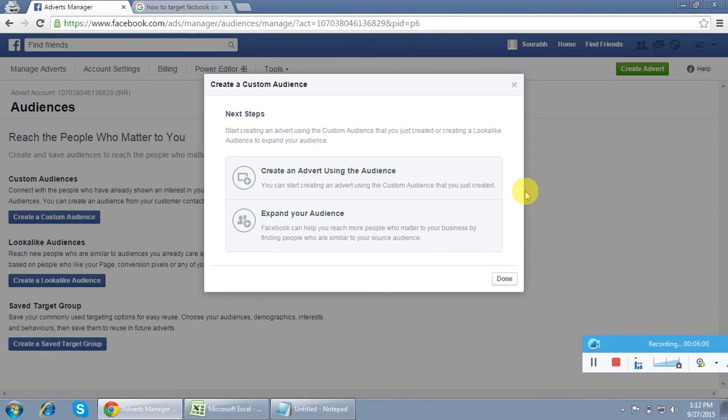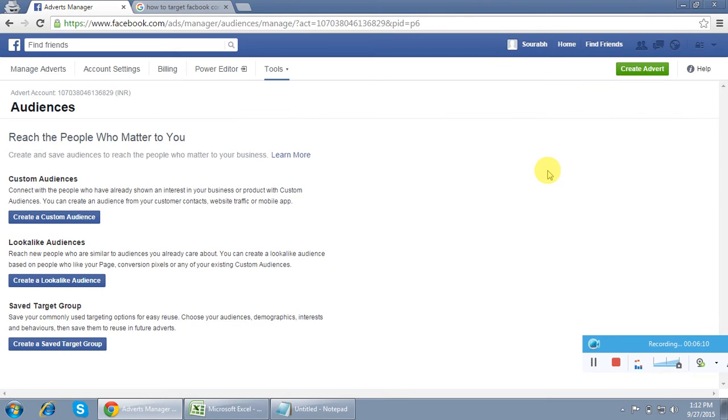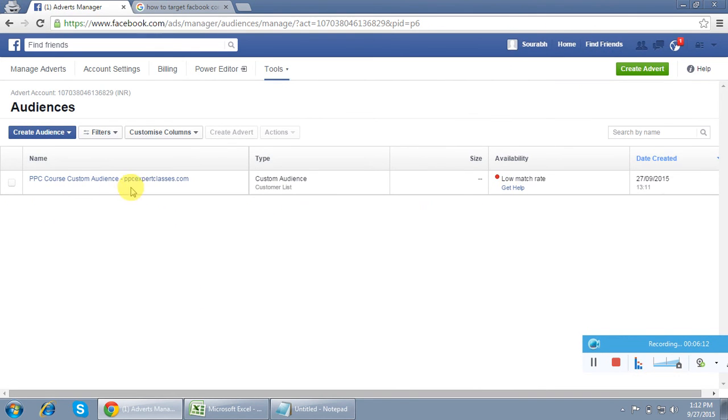Because what most of the agencies do, they have email collections and phone number collections of the customers. They track everything, and accordingly if they want to target their services or product, they can target. So we are done with this option. It is showing me here, this is the list of mine. After some time it will get updated. Now I'm done with the list.